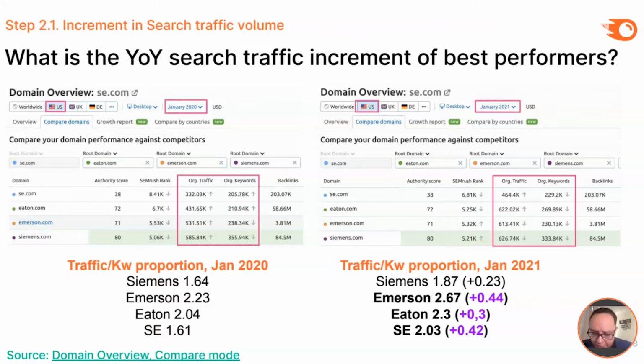You are not paying for this traffic, but you are creating content to rank for your top keywords. Here you can see the traffic keyword proportion in 2020 versus 2021 and how they increase or stay at the same level. You can see that there are some competitors that are just growing really, really fast because,